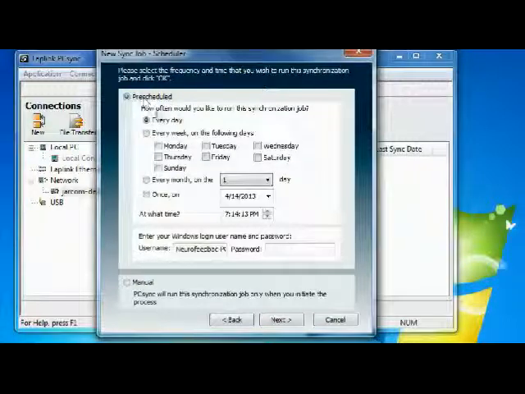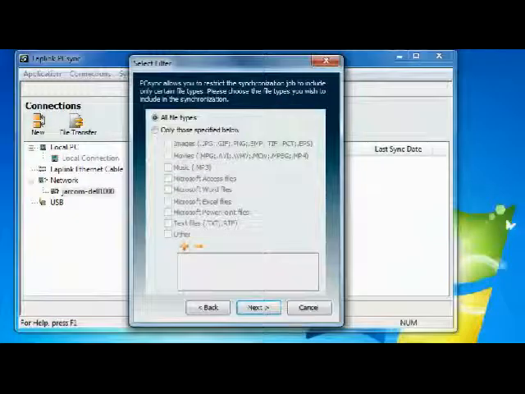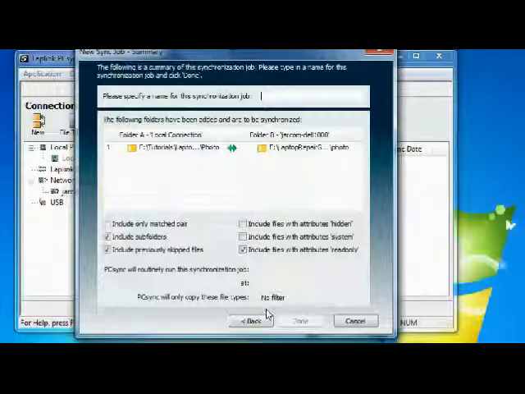There's a pre-schedule, you can do it every day, but I don't like that. I want to just synchronize every time or whenever I want to. Just select manual here. Hit next. All types, whether it be photos or just all types. Okay, hit next